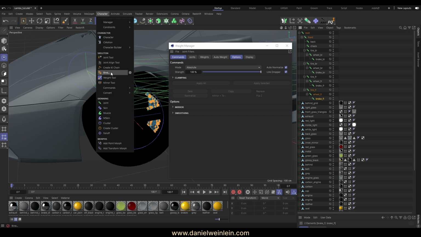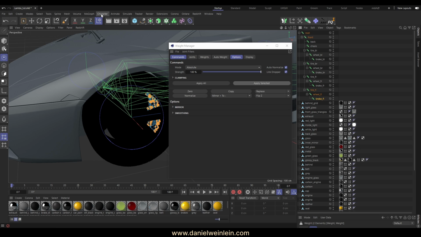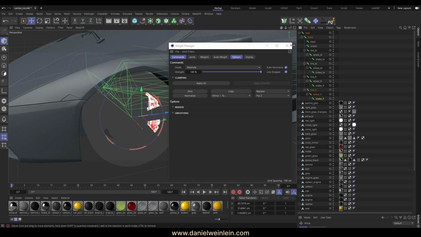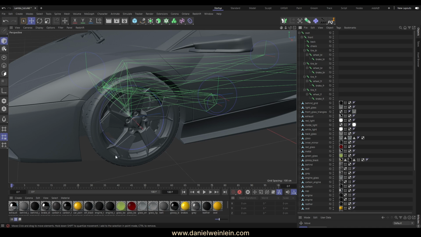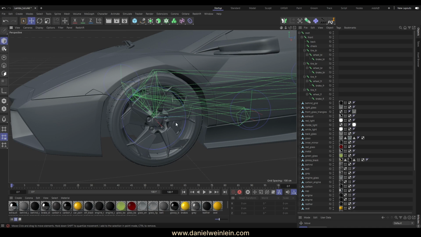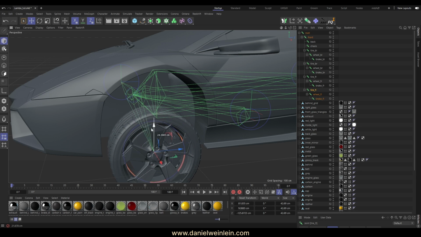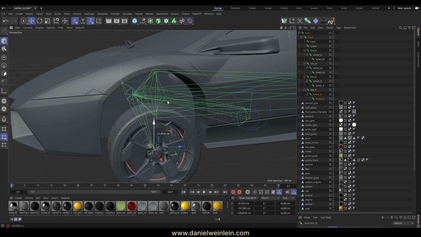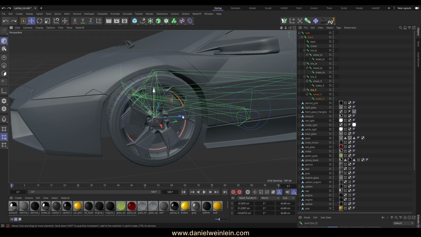We simply jump into the binds menu, and then we simply apply selected. Wonderful. And now we are finished with rigging our tire. So as you can see, now I can move my joint tire front left up and down to move the whole tire, but I can